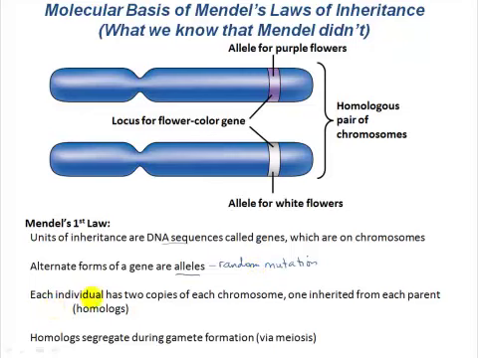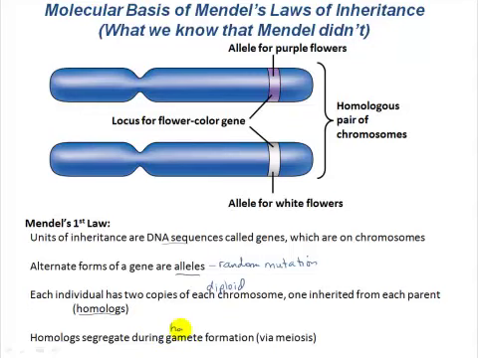So when we say that each individual has 2 copies of each of these units of inheritance, we now know that that's referring to our diploid genetic makeup. 2 copies. We inherit 1 copy of each chromosome from mom, 1 copy from dad, and we know that those 2 versions of the same chromosome with the same sets of genes are called homologs. And we know that the process of meiosis segregates these homologs so that each gamete only ends up with 1 of each chromosome type, not 2, right?